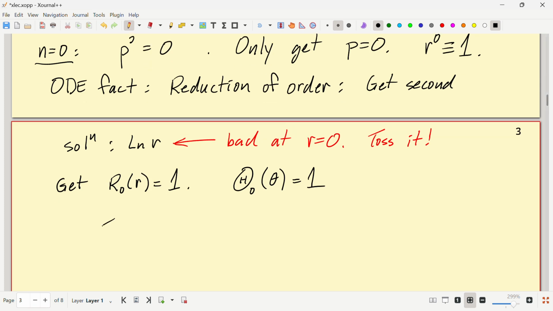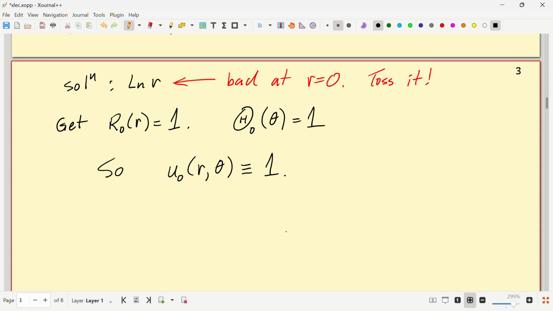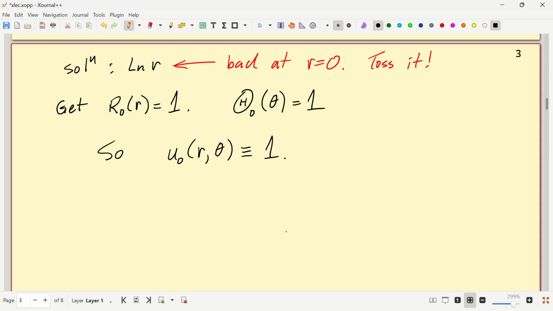And so the one corresponding to 0, u of r theta, is just 1. And in fact, I'm going to take it to be a constant, because notice, this is a linear problem. Laplacian u equals 0 is a linear partial differential equation,